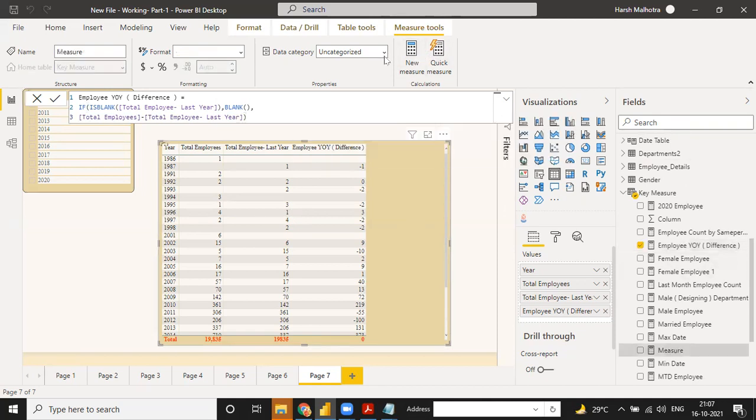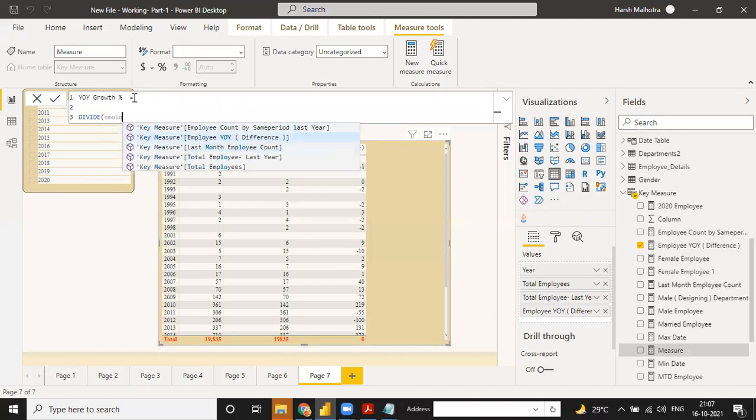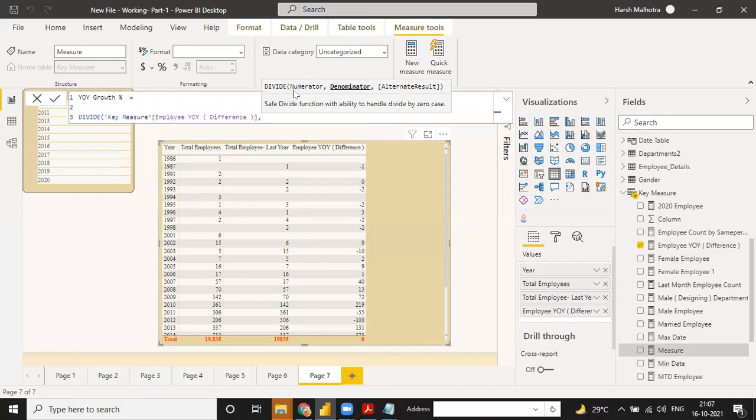YOY in percentage form. I just click on new measure, YOY growth percentage. For this you can use a simple divide function, and put the employee YOY difference in the numerator.